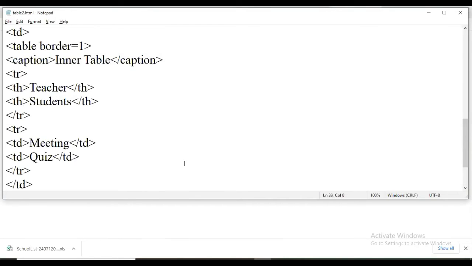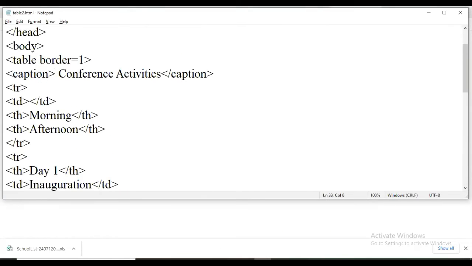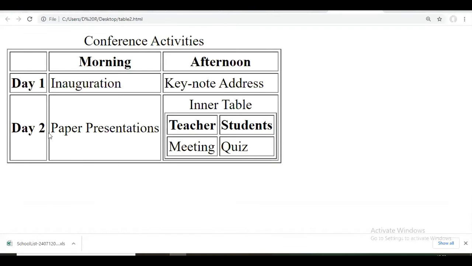Okay, again I am going to explain what we have done. We have started one table. This is the outer table, table one, and we have set border to 1. Which table is this one? This one, the outer table. This is one table, and there is one more table inside this table. So in the outer table we have 1, 2, and 3 rows, and 1, 2, and 3 columns. Three columns and three rows, the outer table is there.